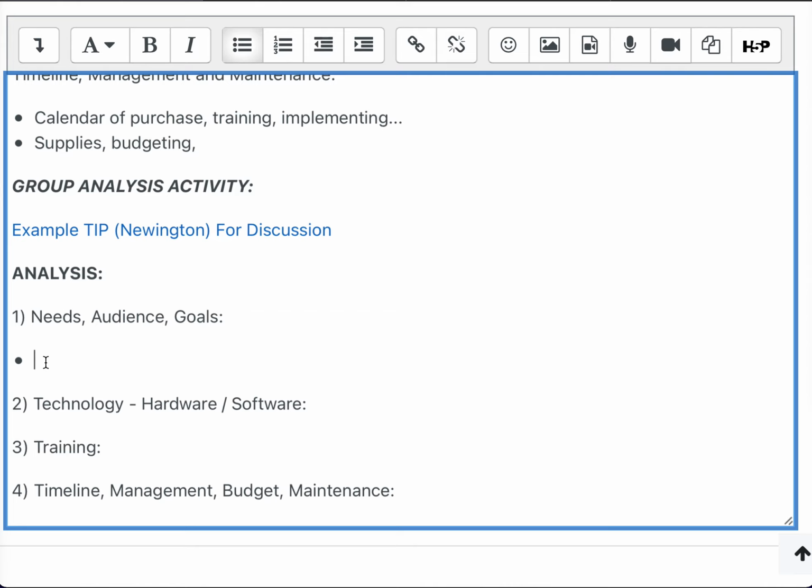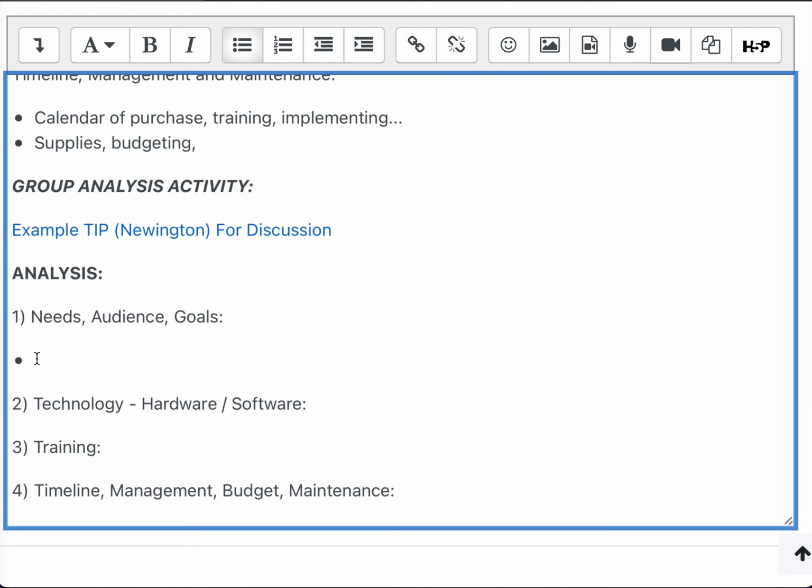Or are there deficiencies, or things that you would have liked to have seen that weren't there? Or would you have liked to have seen what was there presented or organized in a different way? So let's open the floor to a little bit of analysis here on Newington's plan